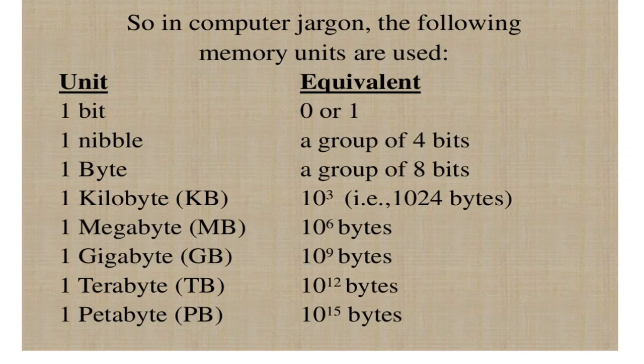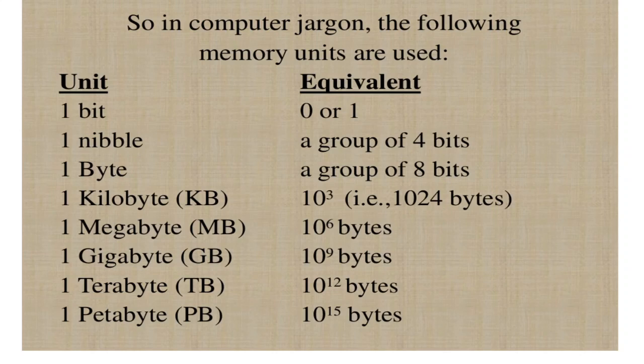That is why we have the kilobyte as 1024 bytes instead of 1000 bytes, because we are representing things in binary and not in decimal. If it was decimal, it could directly be written as 1000, but since it is binary representation, we represent it as 1024. But simply put, it is difficult for common people to understand 1024, so for generalization we just say 10 to the power 3. What is 10 to the power 3? It is nothing but 1000, that is kilo. So kilo is represented as 10 to the power 3.